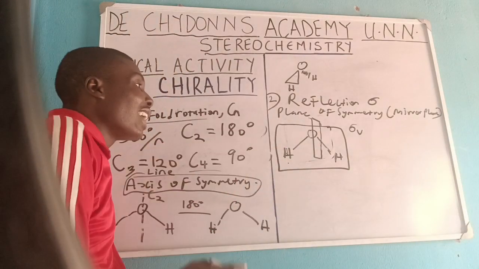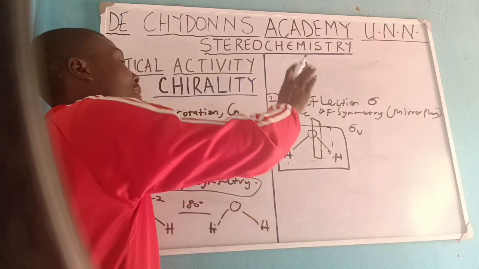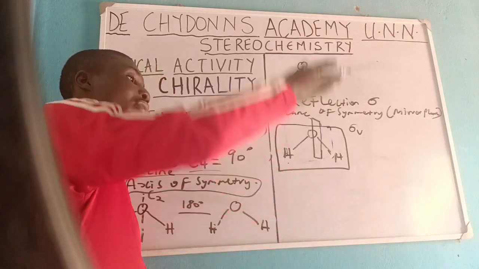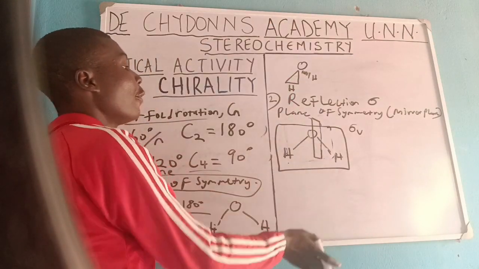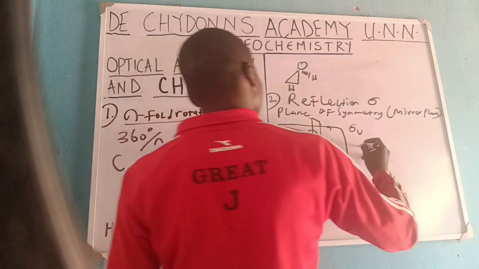is going to be equivalent to what you have at the back, because there's probably no other molecule going outside or any molecule coming outside. Everything is on this surface, so you can cut right through it, and the front will also be reflecting the back. Now that kind of symmetry is referred to as